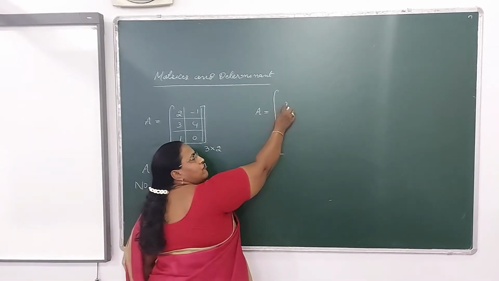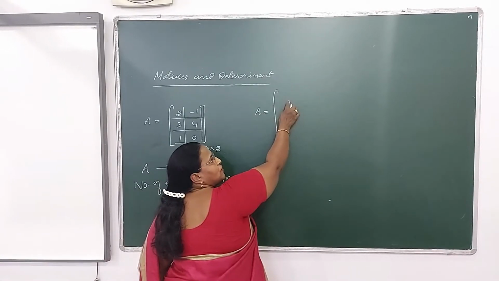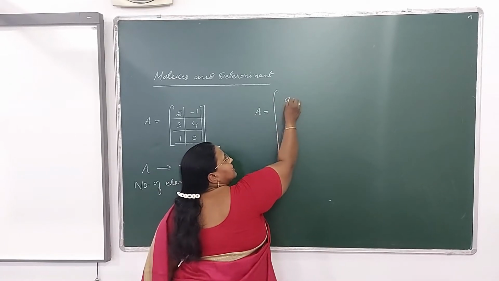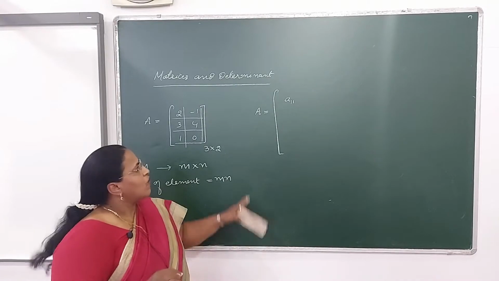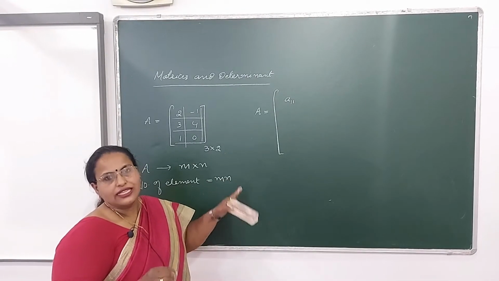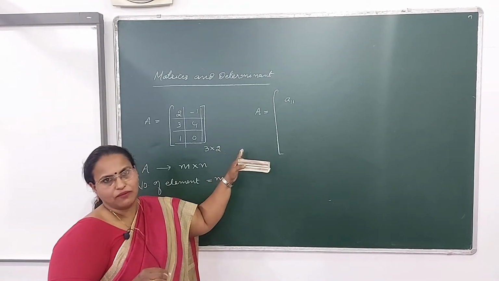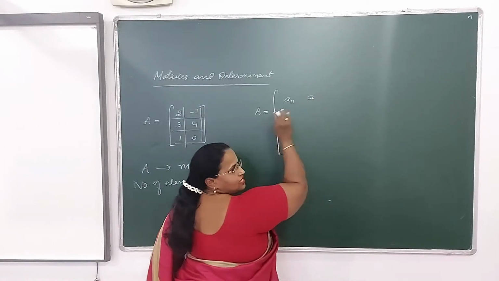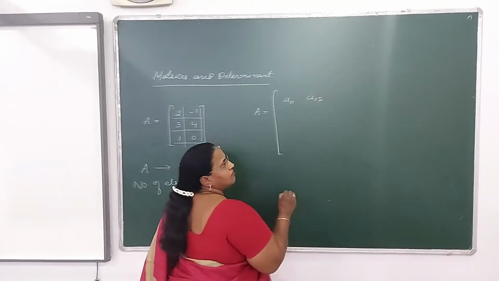We'll start with the very first position. We are going to place the element in first row, first column. That means the element will be denoted by A11. Now what this A11 means? A11 means the element is placed in first row and first column. Now moving ahead, what will be the second element? As we are continuing with the same row, so it will be A12.